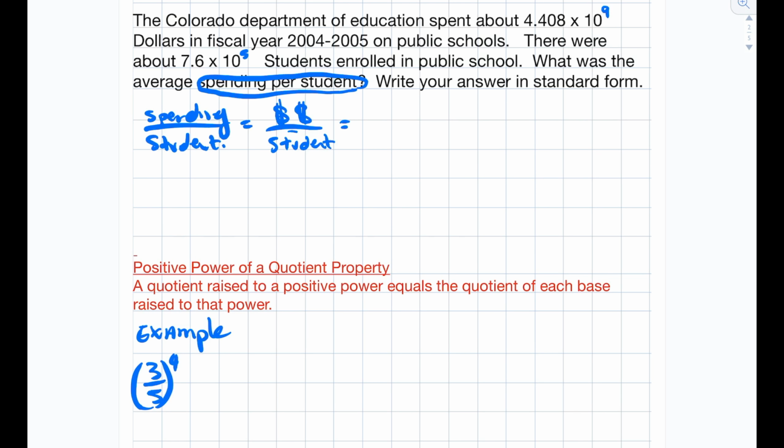And we could see up here how much they spent. So the top of this fraction is going to be 4.408 times 10 to the 9th. And the number of students, which is going to go in the bottom of this fraction, was 7.6 times 10 to the 5th power, which is equal to